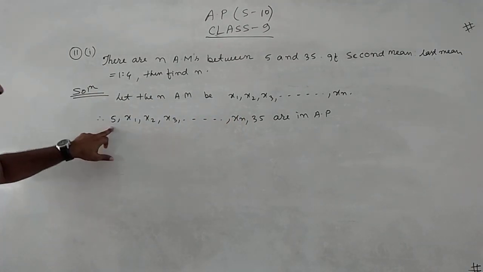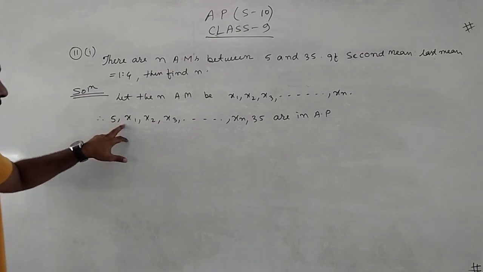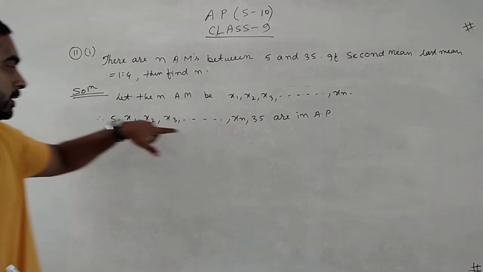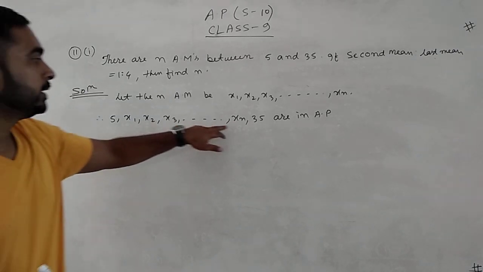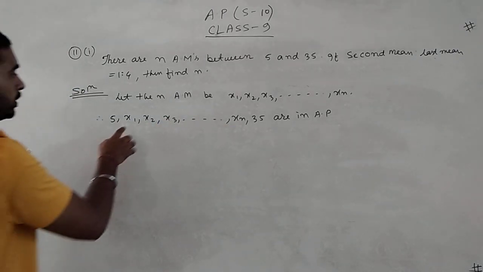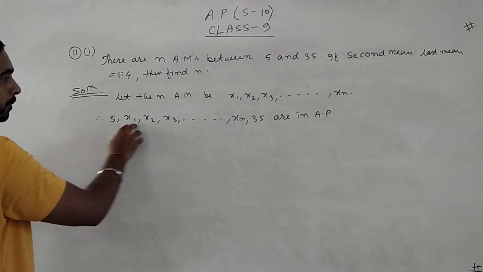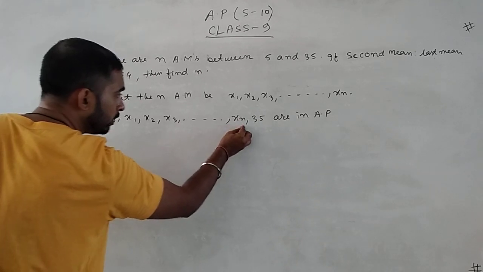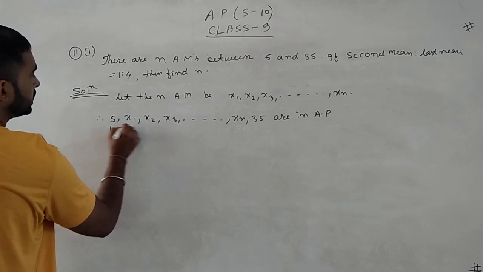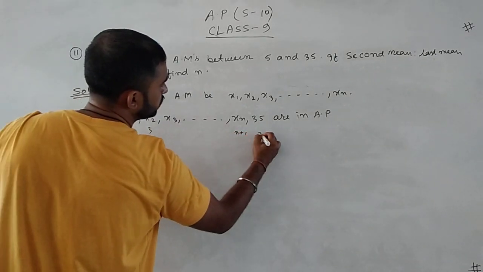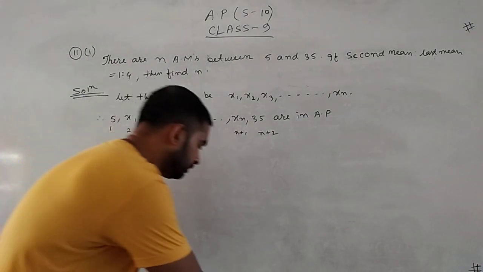Now here this is the first term and this is the second term, but this is the first arithmetic mean of this sequence. This is the third term of this AP, but this is the second AM, and this is the n plus 1 term. Because this one is the first term, this is the second term, the second term is the first AM, and the nth AM is the n plus 1 term, and this is the n plus 2 term. This one first, second, third. This one n plus 1. This was the n plus 2th term. Yes, understood?